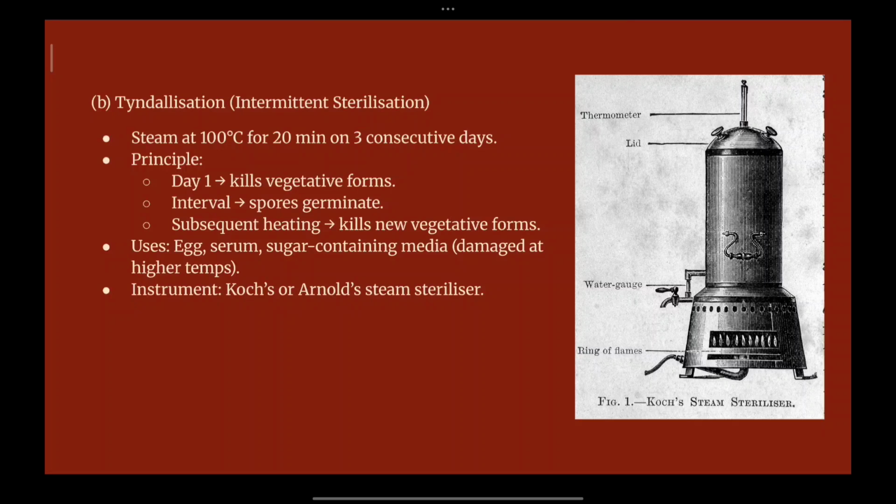Once the vegetative form is killed, you give a certain space for the spores to germinate. Once the spores germinate and form a new vegetative form of microorganism, you again start subsequent heating. When you do the subsequent heating, all the new vegetative forms will be killed. So this is a method that is used for intermittent sterilization. You kill the vegetative forms, allow the spores to germinate, and finally again kill the vegetative forms that have germinated from the spores. Now the use of this tyndallization method is done for the egg, serum, sugar coating media,